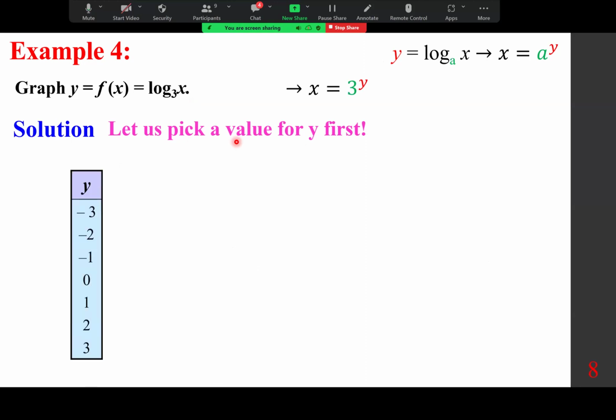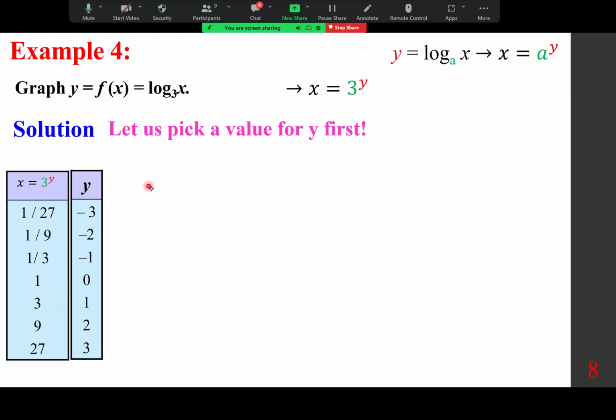Let's pick a few numbers. If I pick negative 3, 3 to the power of negative 3 is 1 over 27. Negative 2, 3 to the power of negative 2 is 1 over 9. Negative 1, 3 to the power of negative 1 makes it 1/3. 0 makes it 1. If I pick 1, I get 3. If I pick 2, 3 squared is 9. If I pick 3, 3 cubed is 27. I'm assuming nobody has any problem with these